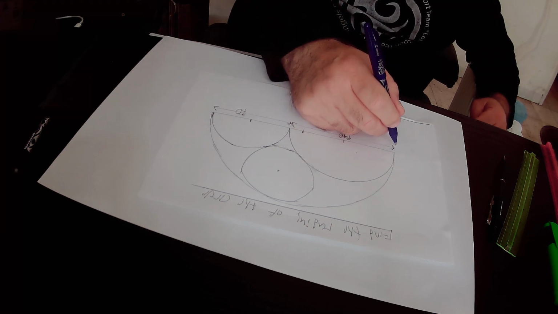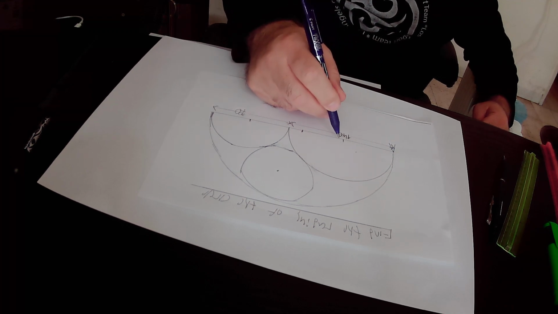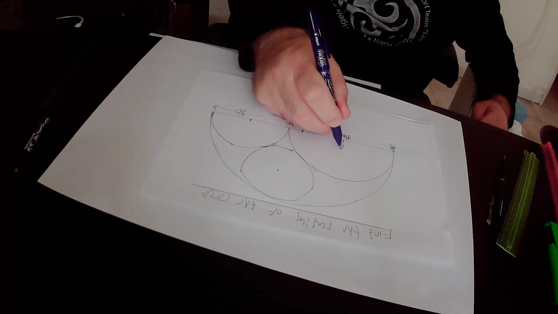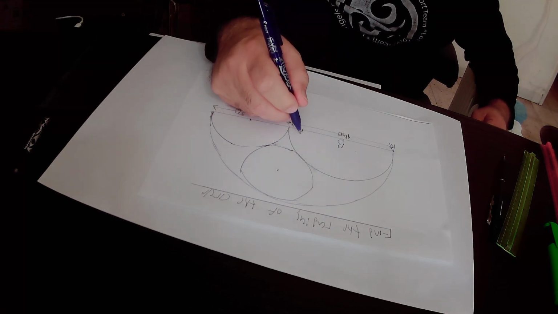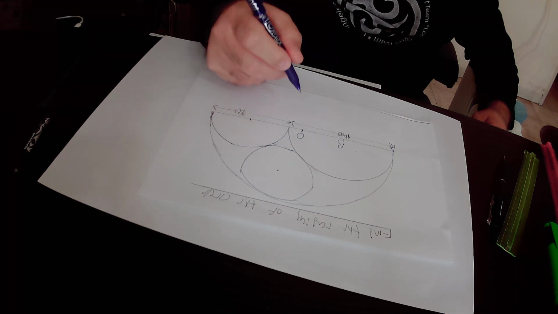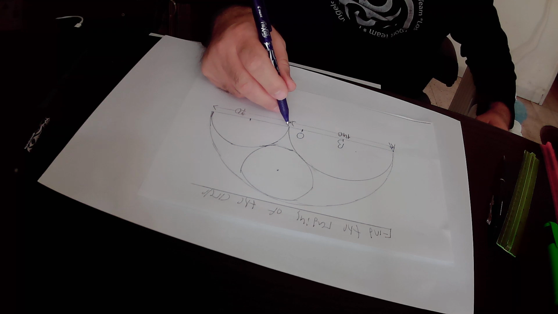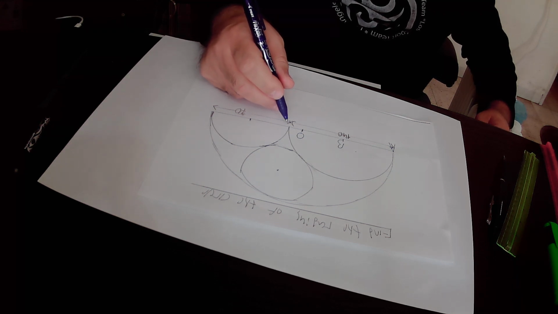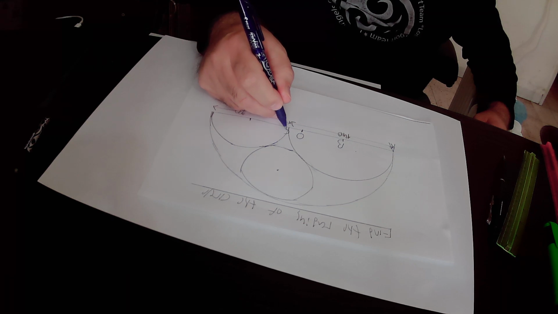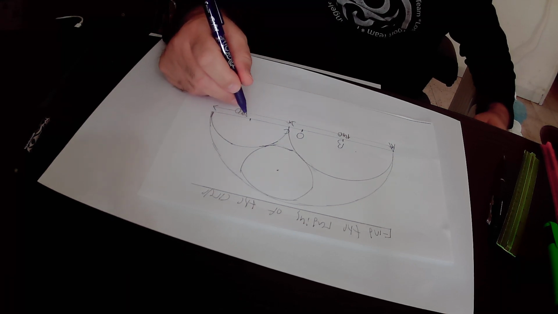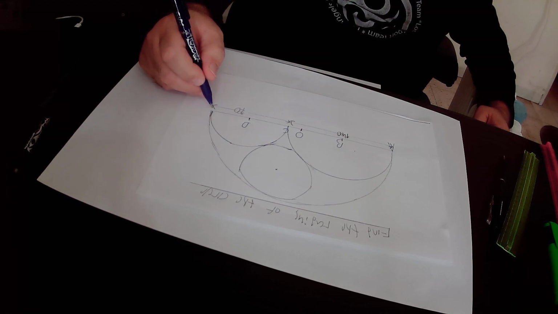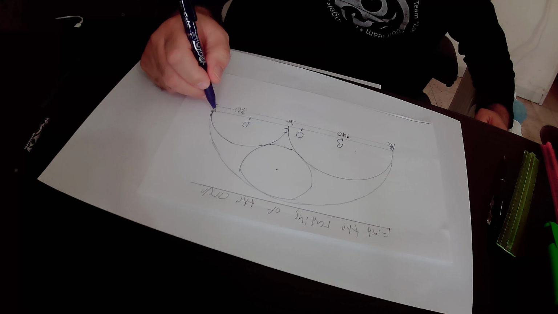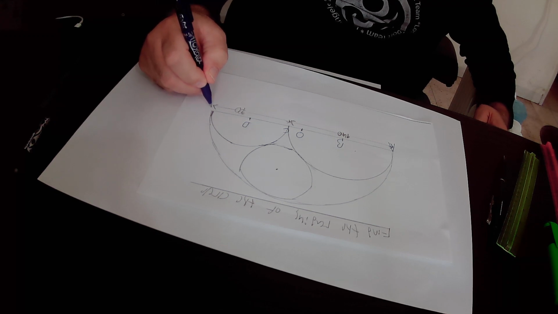This point will be defined as A, the center of this semicircle will be defined as B, the center of the biggest semicircle will be defined as O, the touching point between those two semicircles will be defined as C, the center of the smallest semicircle will be defined as D, the touching point of the biggest semicircle with the smallest semicircle will be defined as E,